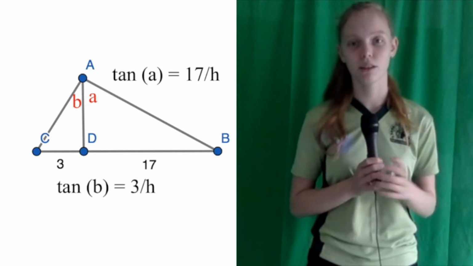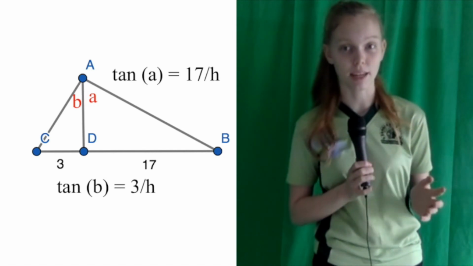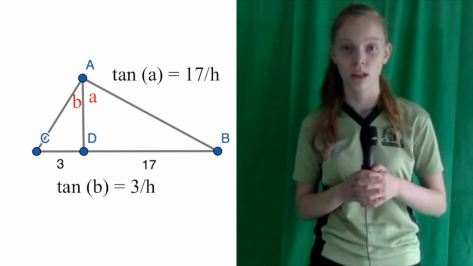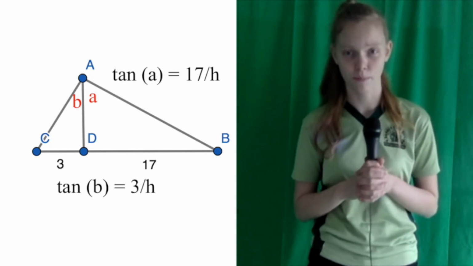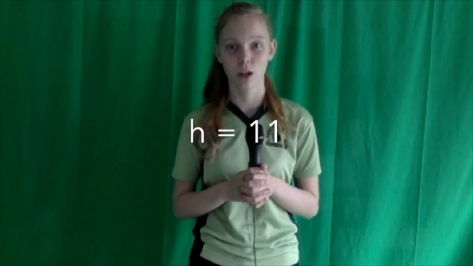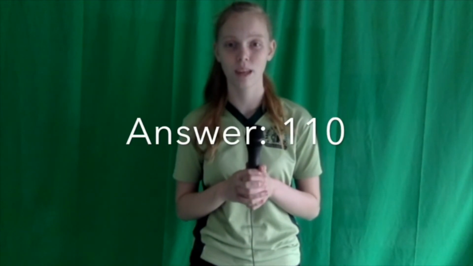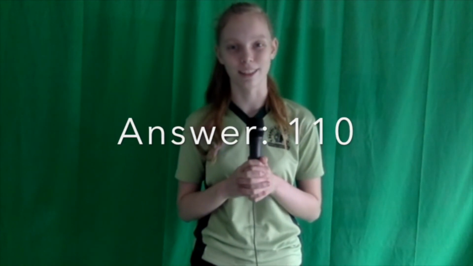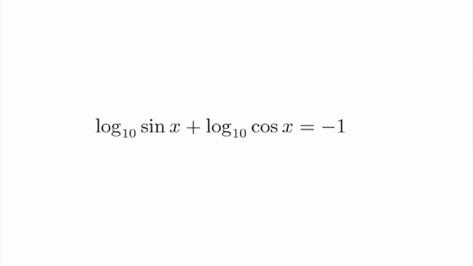And then we'll do the same on the other side. Tangent of B is equal to 3 divided by h. Then we simply plug these into the tangent summation formula. And then with a little bit of algebra, we can solve for h. Knowing h, we just use base times height because we know the base equals 20, and we can use that to find our answer. Problem 2 is also from the AIME, and it reads,